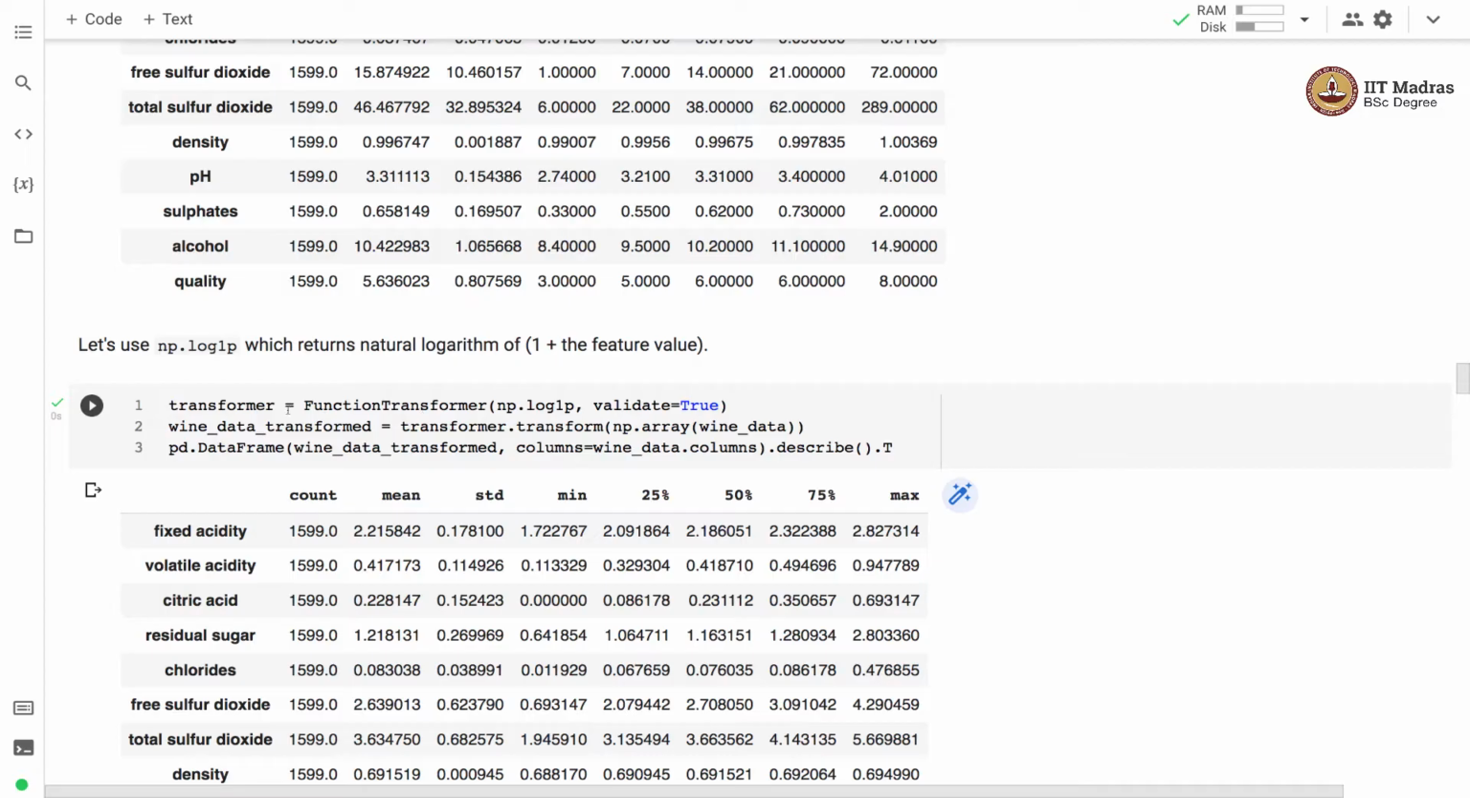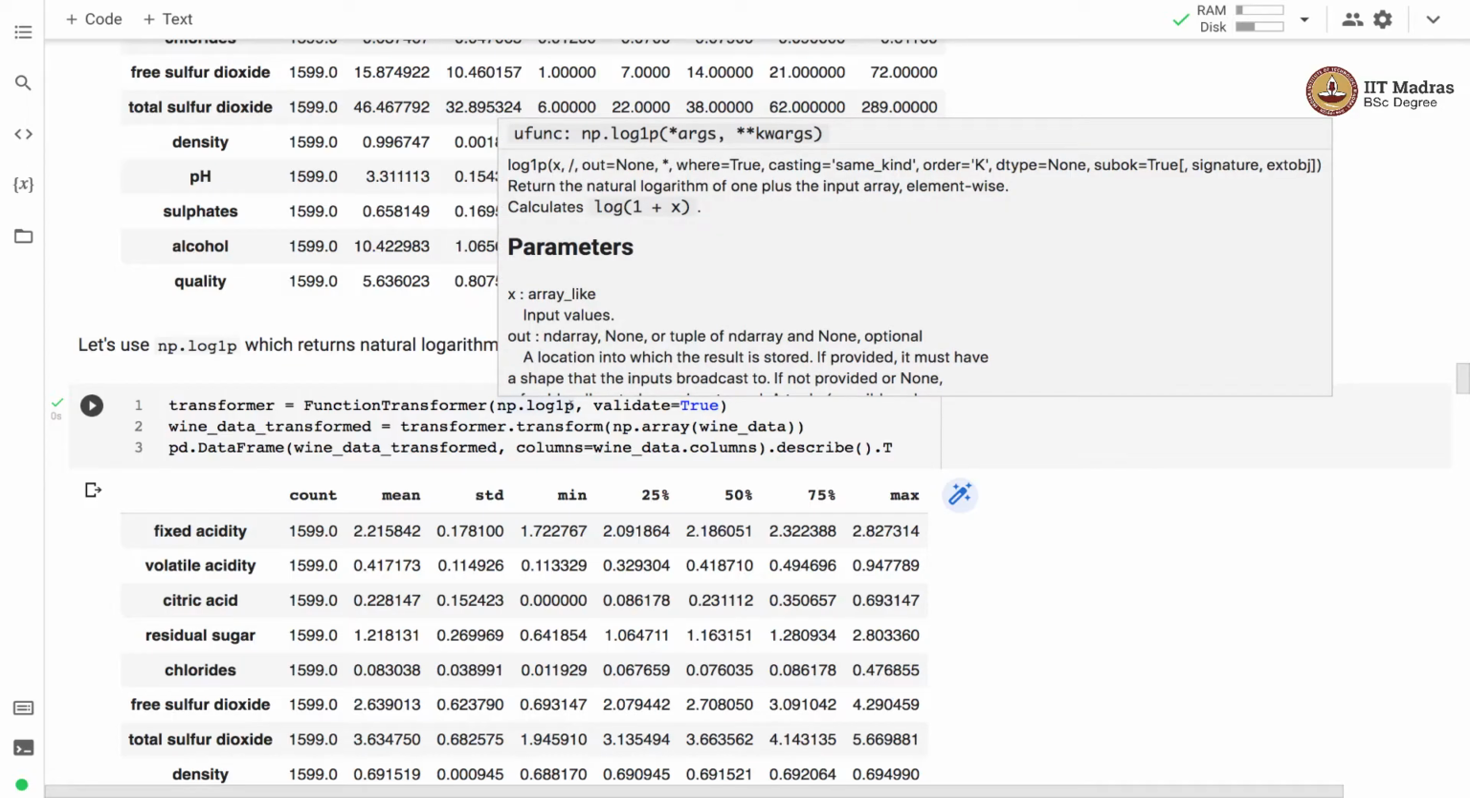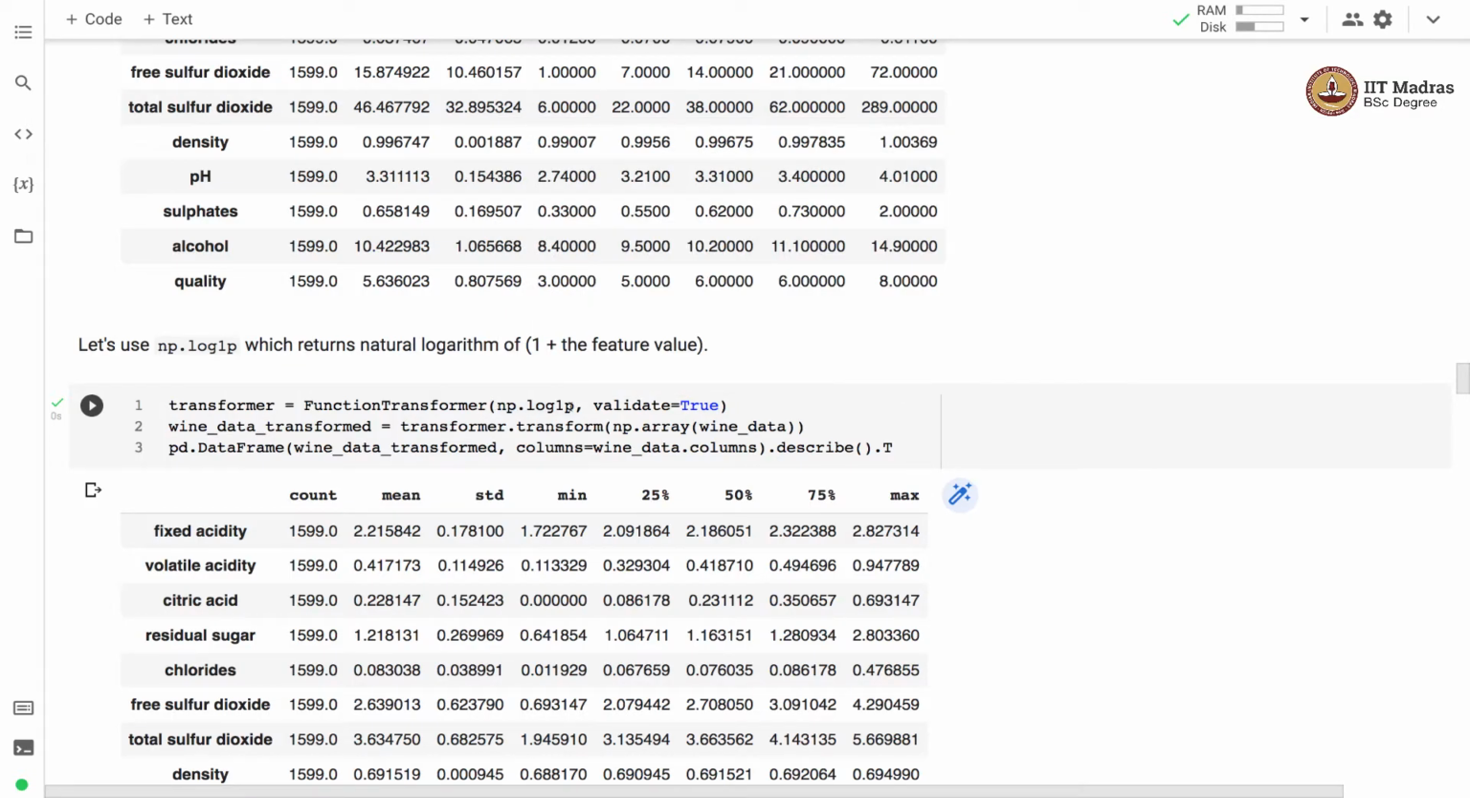So we first instantiate a transformer with the desired function, and here it is np.log1p. You can also use any of your other custom defined function over here. Then what we do is we call transformer.transform on the dataset on which you wish to apply this particular function, and that gives us a transformed feature matrix. And you can see that if we call the describe on transformed feature matrix,